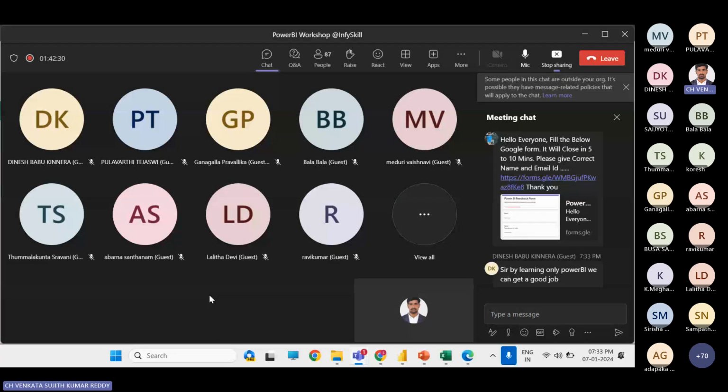By learning only Power BI, it's too tough to get a job, because in any company, for example, if you put only Power BI in your resume, and another candidate puts Power BI and some other stuff, the interviewer or recruiter will automatically go for the other person. And I will also suggest you apply to data analytics companies.